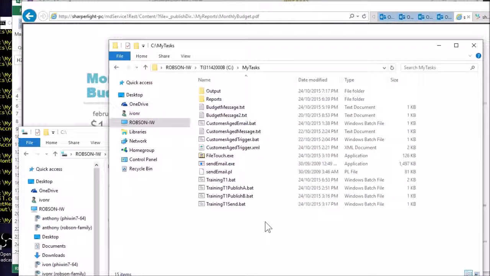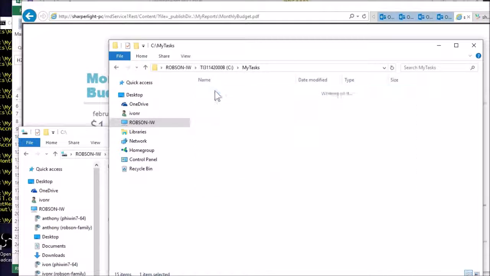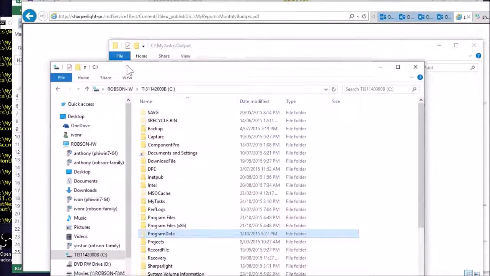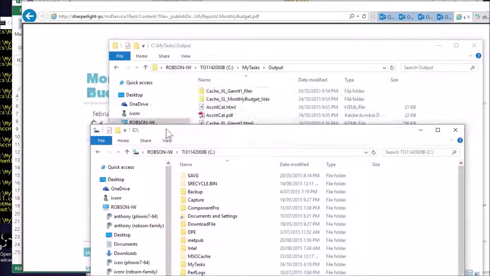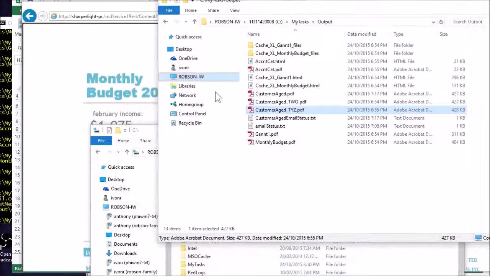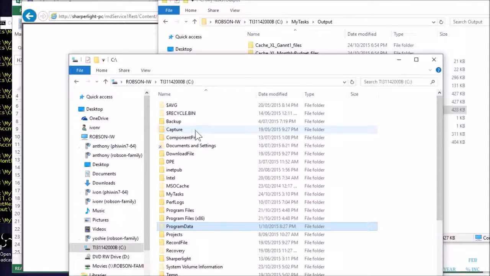Now, in previous examples you saw how we ran a batch file or command line and it's saved to a folder under My Tasks, for example, and that folder was called Outputs, and there's our PDF files, etc. Now we can't use this location for the web channel. We need a more secure location, and that location is on the application server. So I know to date we're assuming that you've been running this locally on your machine, not the application server itself, but now to publish content we need to actually put it where the service is running,